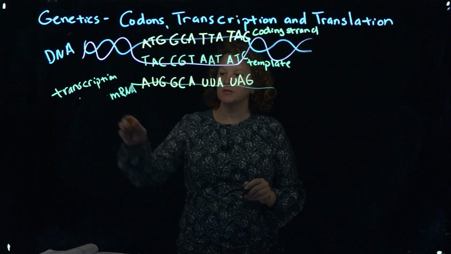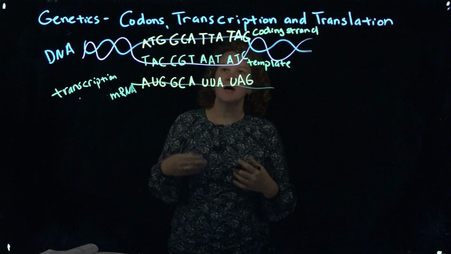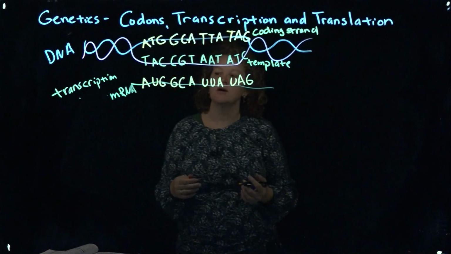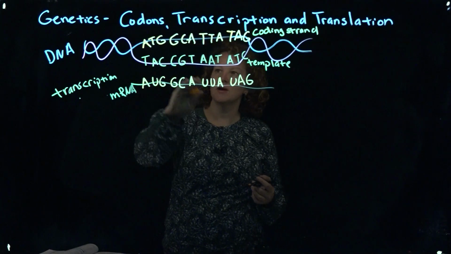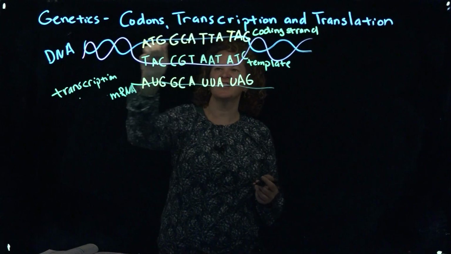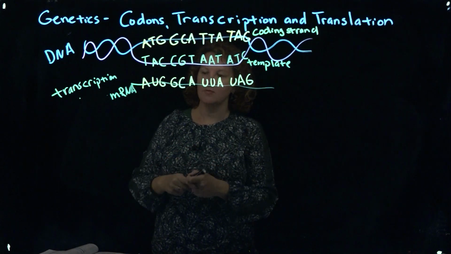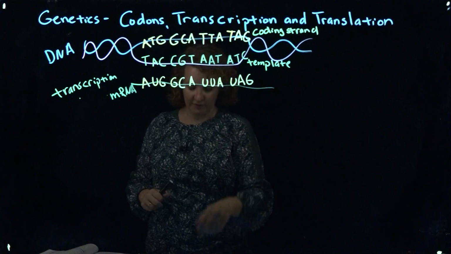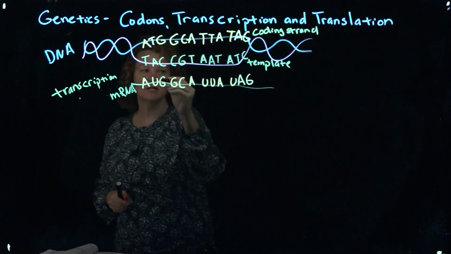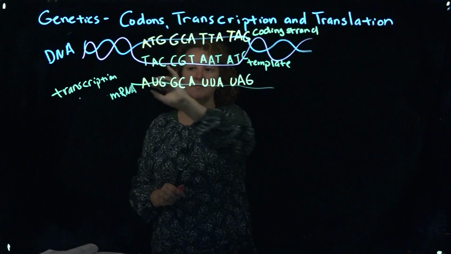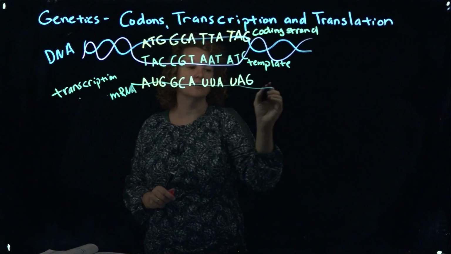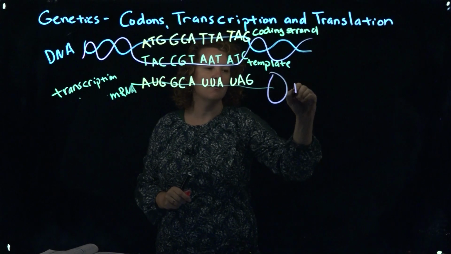So remember that messenger RNA is a single strand. Now, if I want to check myself, I should notice that this mRNA looks an awful lot like the coding strand, because that's actually the code that I want. But because the enzymes build in a complementary fashion, you have to build off of the opposite strand. And the enzyme that's involved in this process, which would start over here, is called RNA